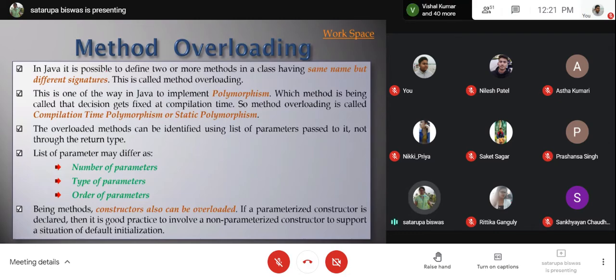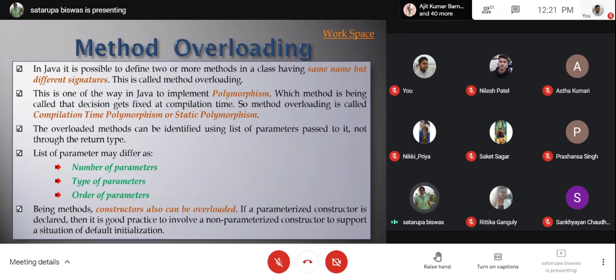In this case we say there may be multiple same-named but different-parametered methods present in a class, under the purview of a class. Under the purview of a class, we can have same-named methods with different parameter lists. That feature we call method overloading. Same name but different signature.